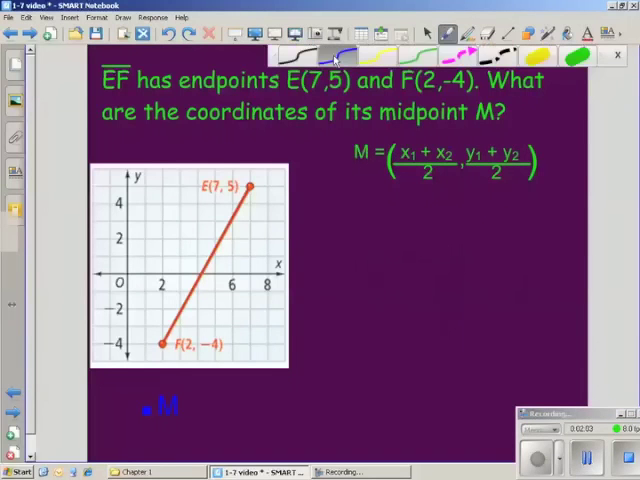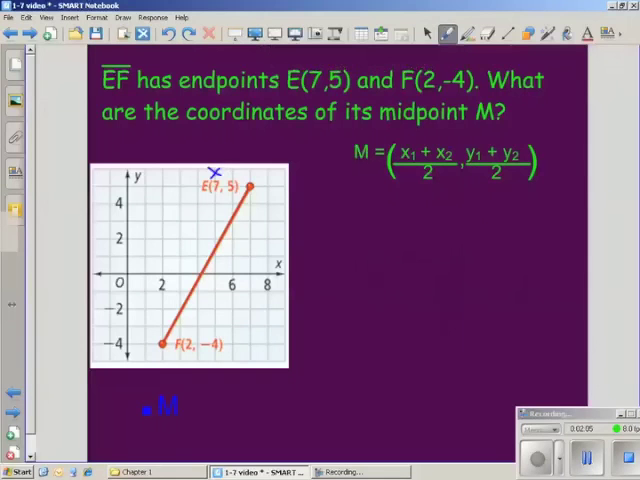So let's remember, on point E we always start with the x and then the y, and then point F as well, the x and then the y. So let's plug in our values in our equation, and that would give us 7 plus 2 over 2 for the average of the x points, and then 5 plus -4 divided by 2 for the average of the y's,